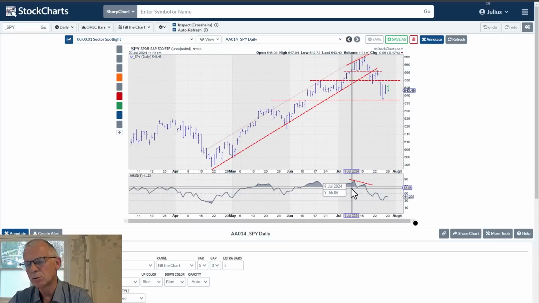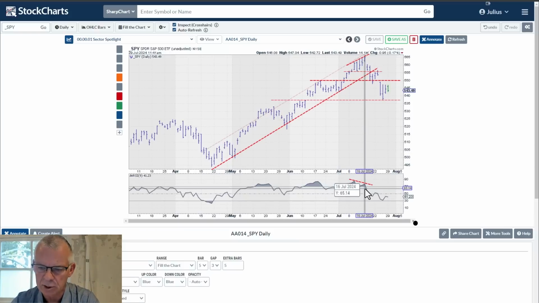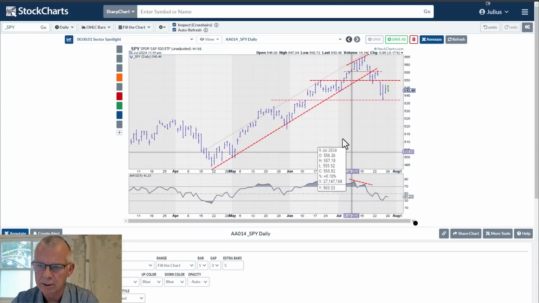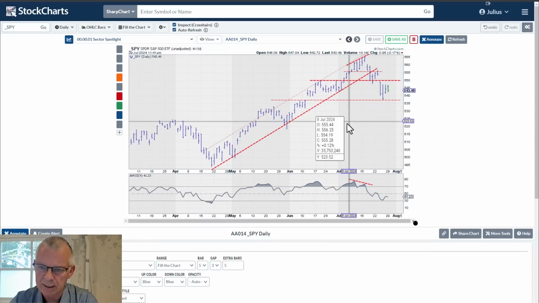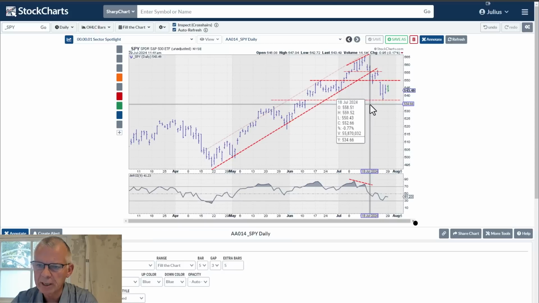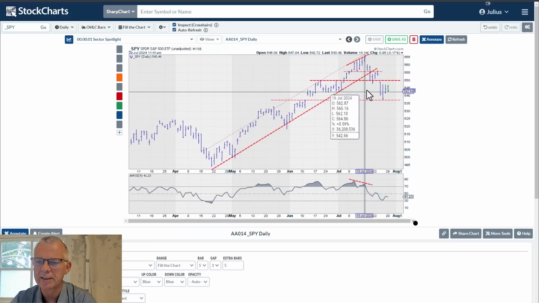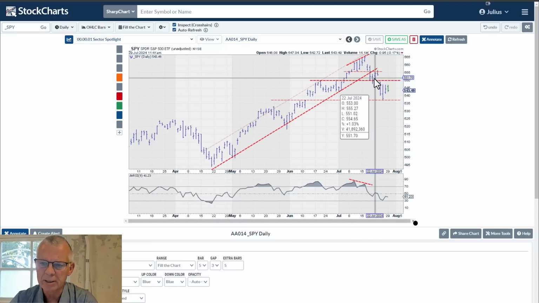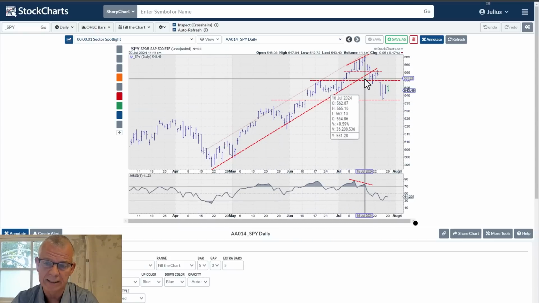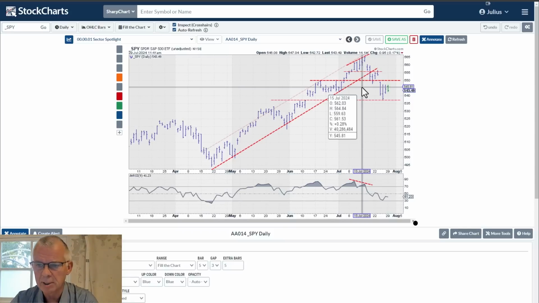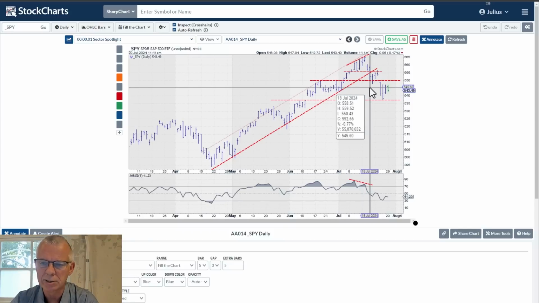I like to use the break below the previous low in the RSI as a sort of trigger execution of that divergence. That happened here on the 17th when we had this first dip, and then we started the decline with the break of the channel on the 18th and then a couple of days of recovery, where the old support line started to act as resistance. So pretty much according to the technical expectations.